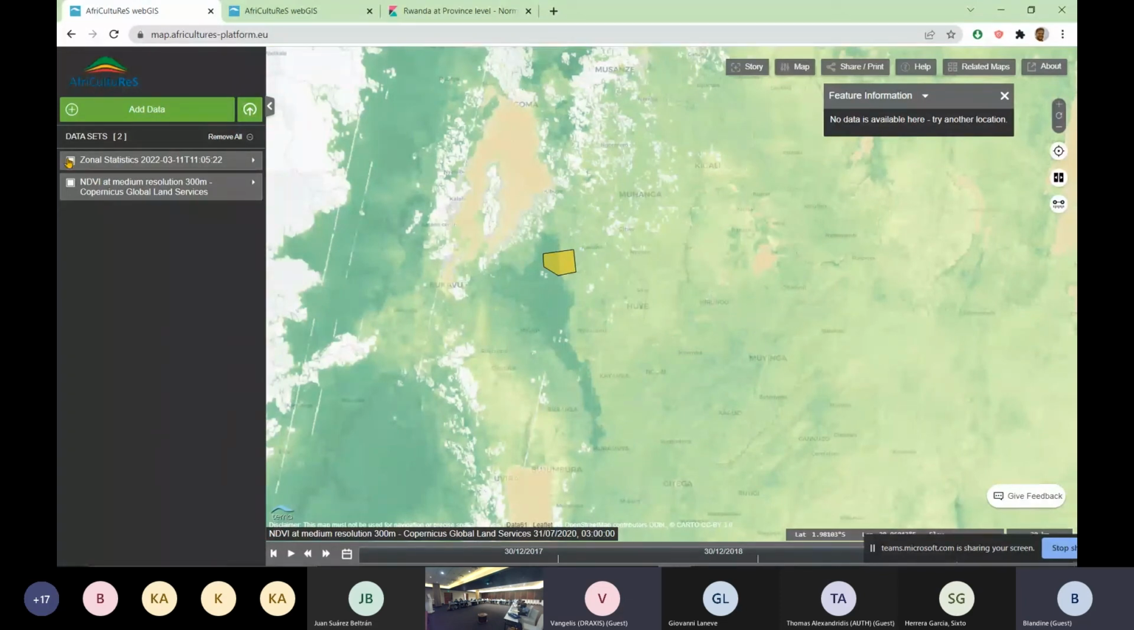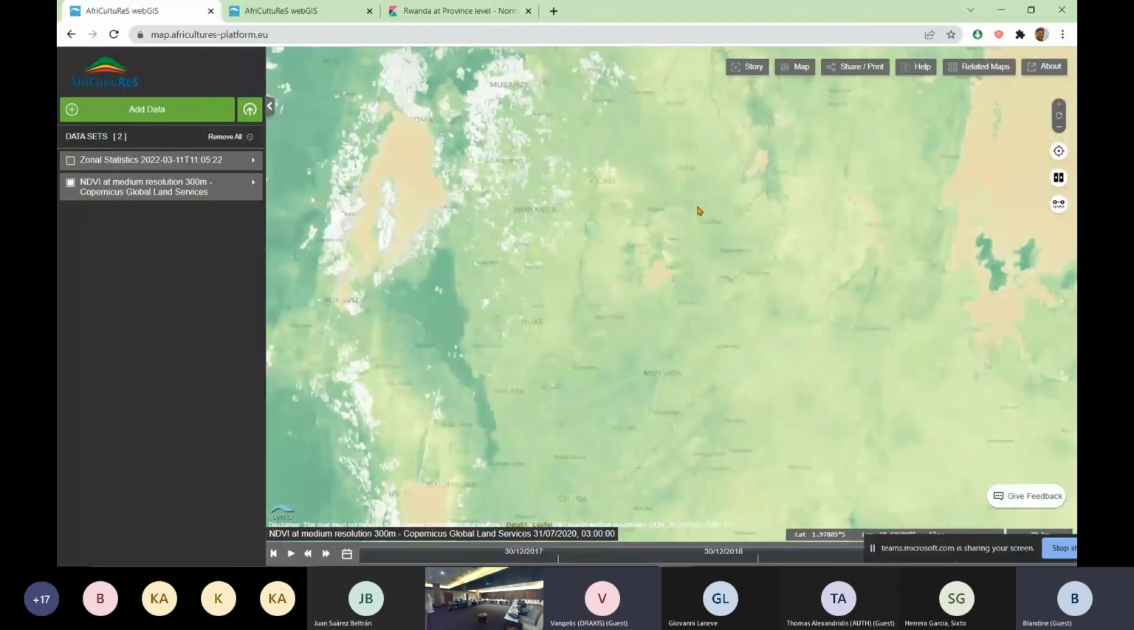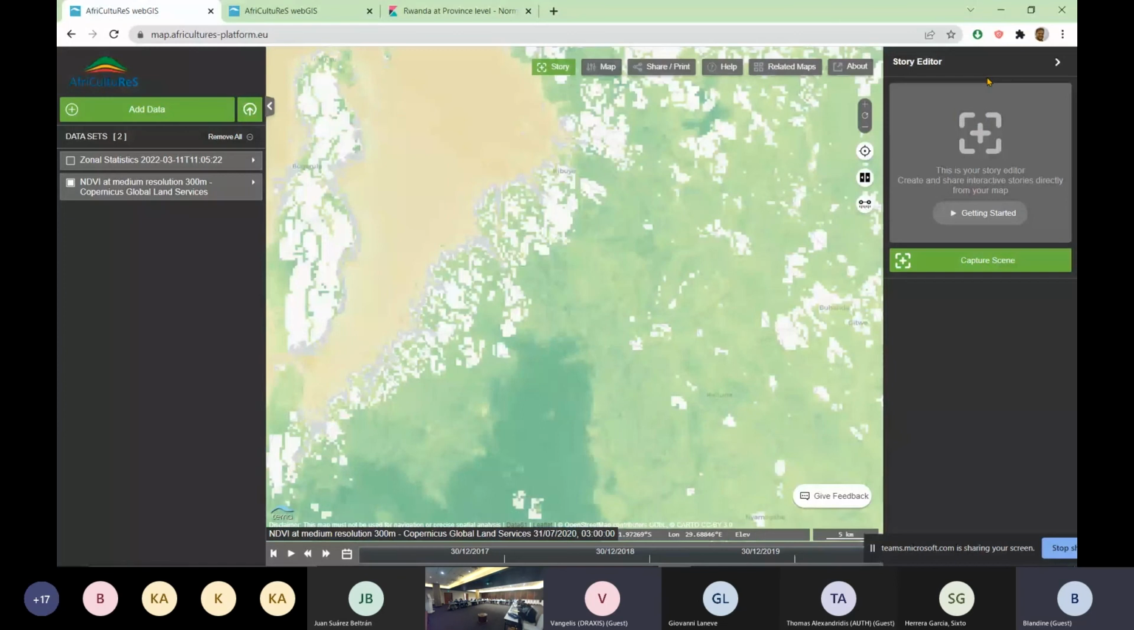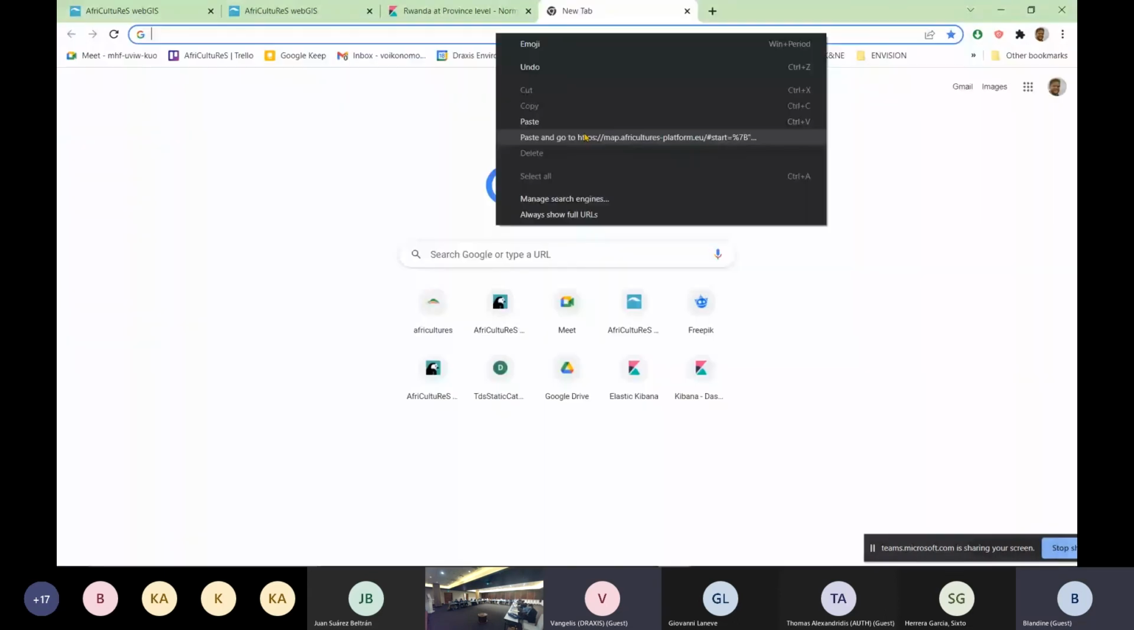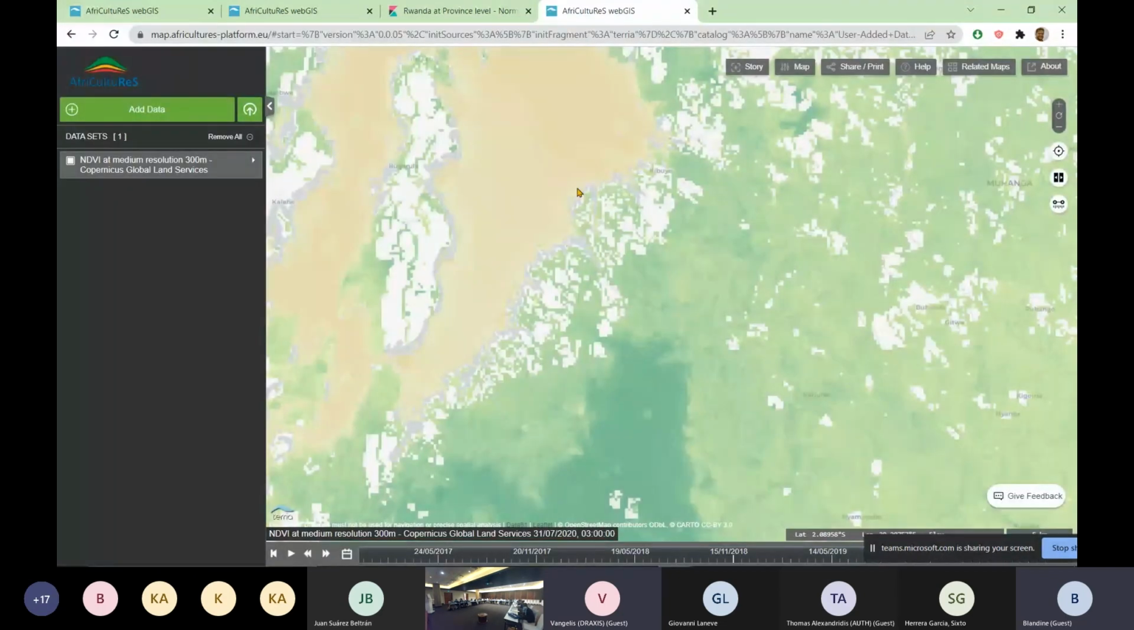There are some other buttons regarding sharing the map. We can create a story, or from the share and print option we can just copy the URL and open it in another tab and have exactly the same setting of the map